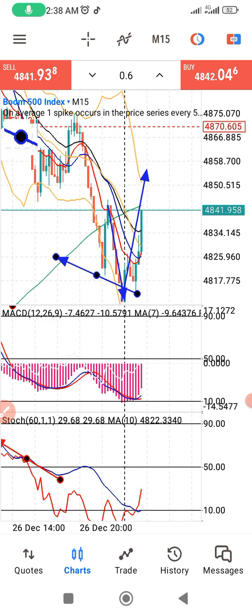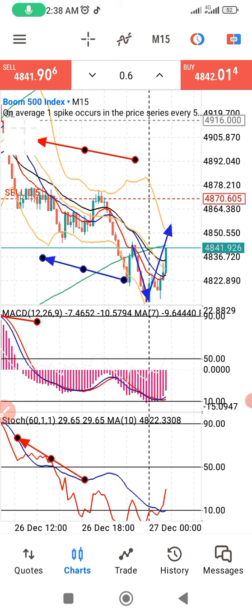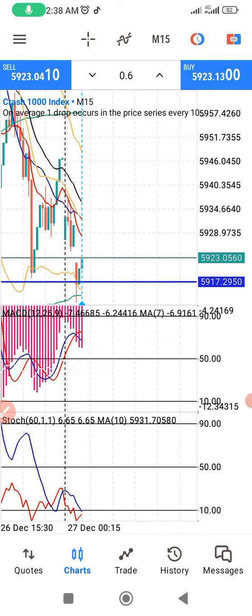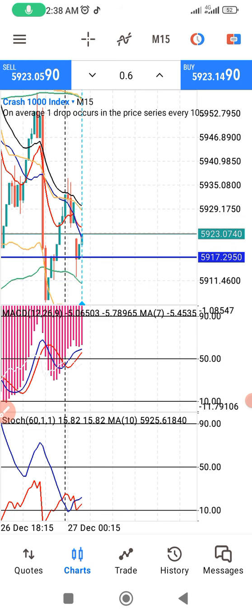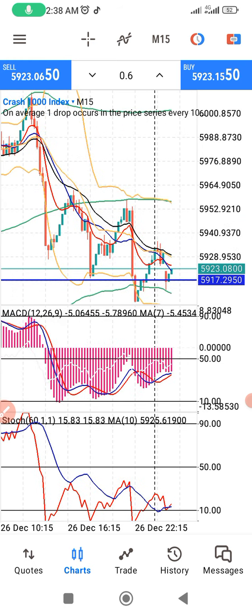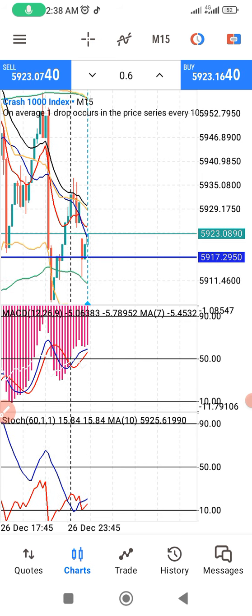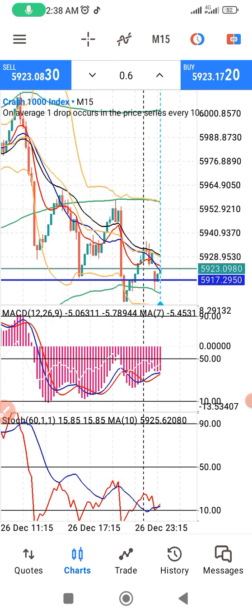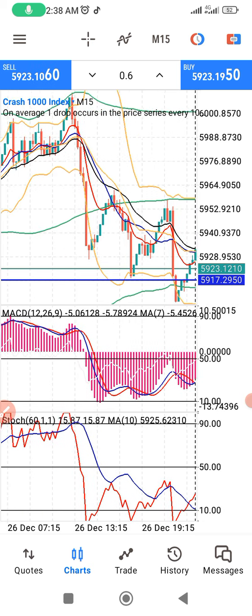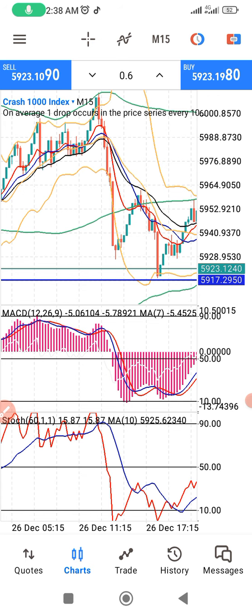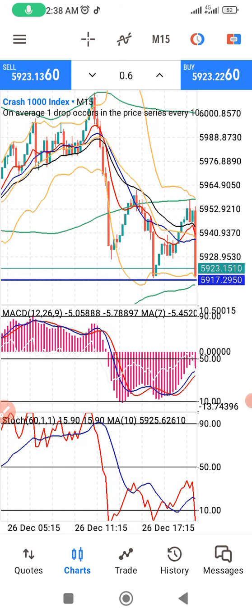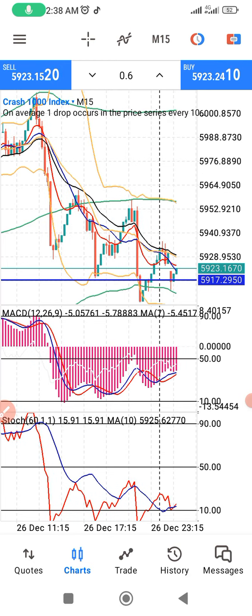Okay, in likewise manner is what is about to happen. So let's look at another asset and see what exactly is playing out there. Now you can see this for a sell. You can see for the sell,